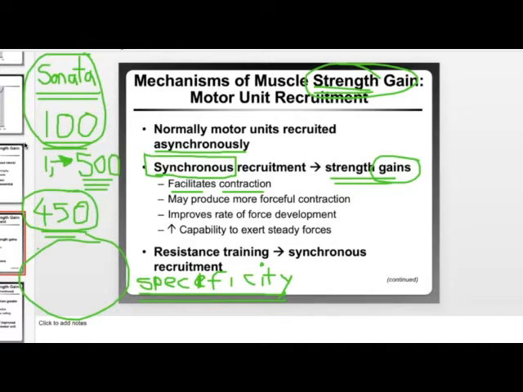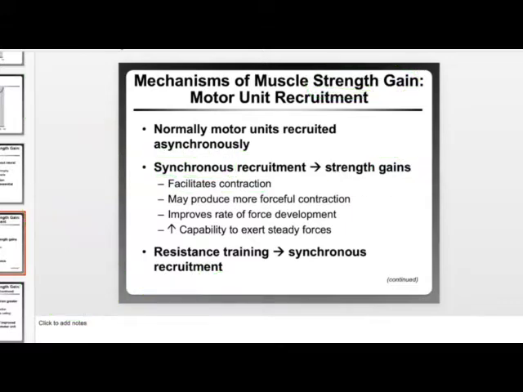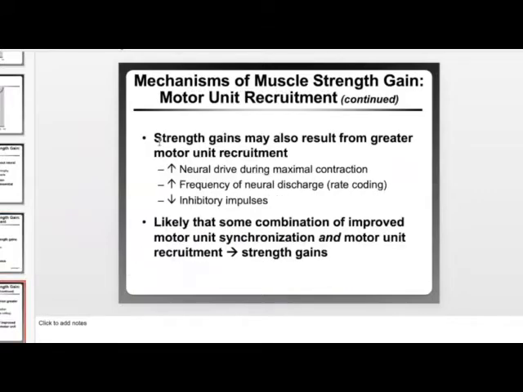And the other changes are going to be, now we're going to have to spend the money to get an opera house, and to get the mics, and to get all of the recording equipment. Your body is the same way. It wants to make the changes with the resources it has first. Once it's made all the changes and the resources are maxed out, now the body is forced to make other strength gains.